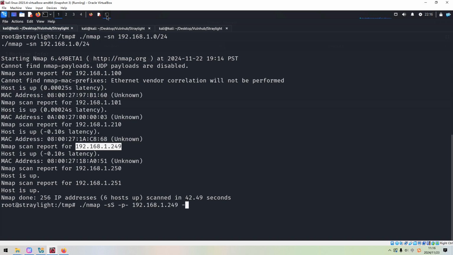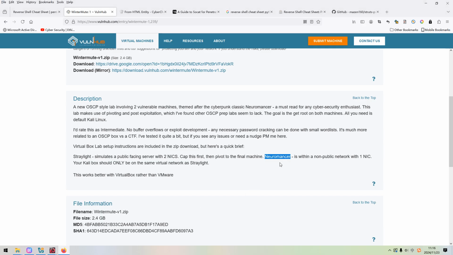Because this will take a very long time, about 30 minutes, of course, I do not want to waste your time. Anyway, this is the command I used to identify open port numbers on the second machine. The second machine name is Neuromancer.